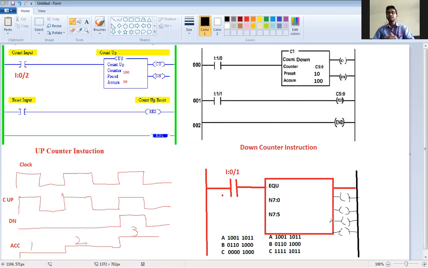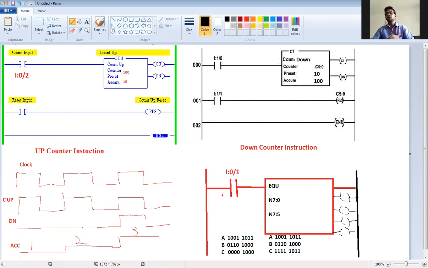A is greater than B. A is less than B. Correct? A is greater than or equal to B. A is less than or equal to B. So in the compare instruction, we are having six types of output. A is equal to B, A not equal to B, A greater than B, A less than B, A greater than or equal to B, A less than or equal to B. So this equate instruction gives these six types of output.